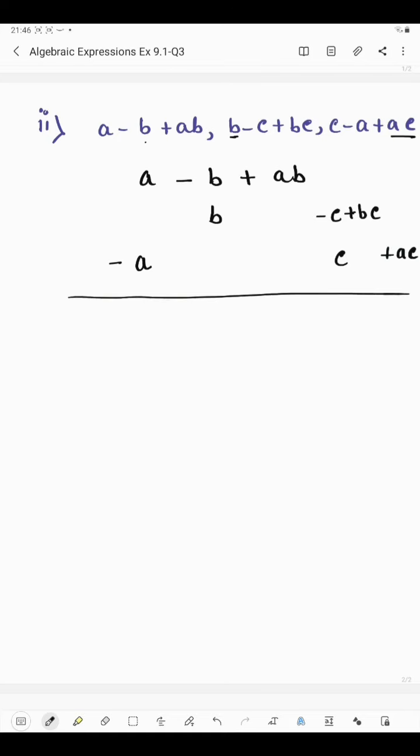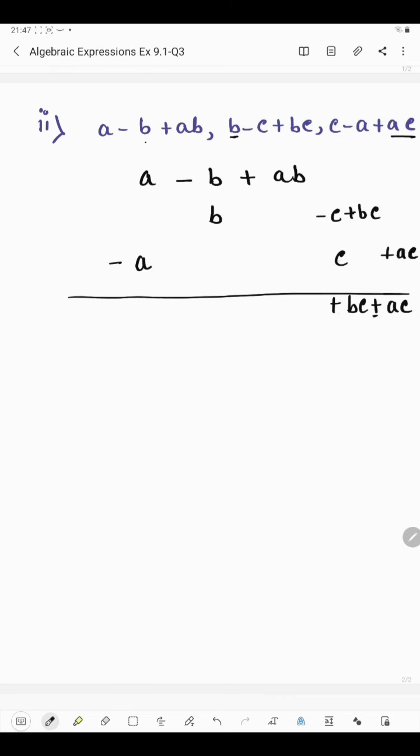Now we will add these 3 expressions. At first we will start with the end. Here we have AC, and in the upper part, since there is nothing, it will be considered as 0, so AC will come down. In the next term we have BC only, so we will write BC. AC is having a plus sign, so we have put a plus sign here. BC is also having a plus sign, so we have put plus BC.